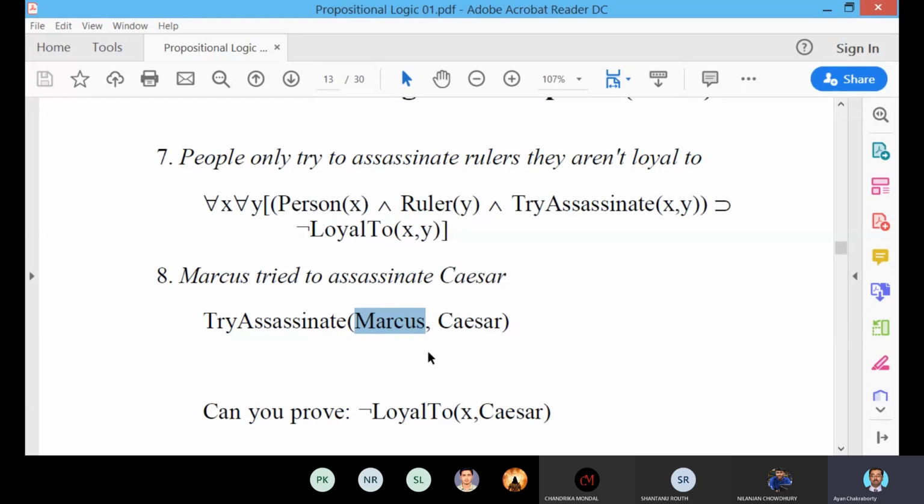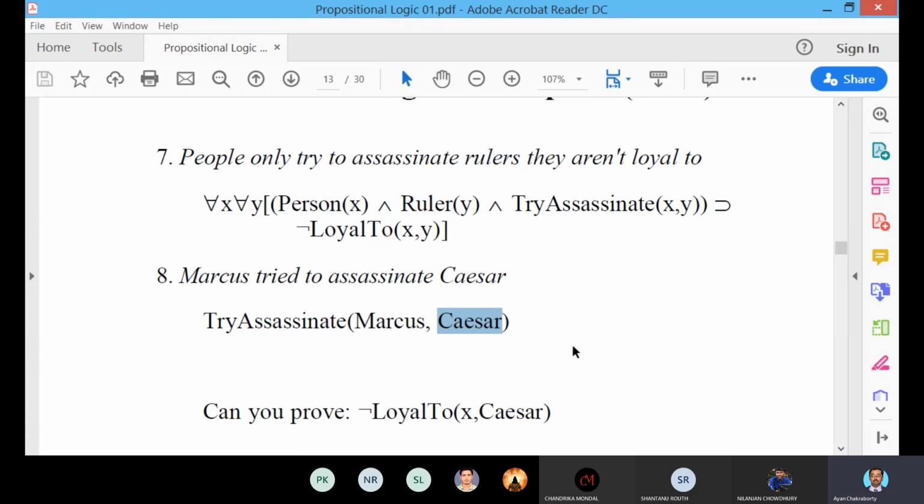Marcus tried to assassinate Caesar: the function is tried to assassinate, and this function has been done by Marcus, so the first object is Marcus, and it has been done to Caesar, so the second object is Caesar.